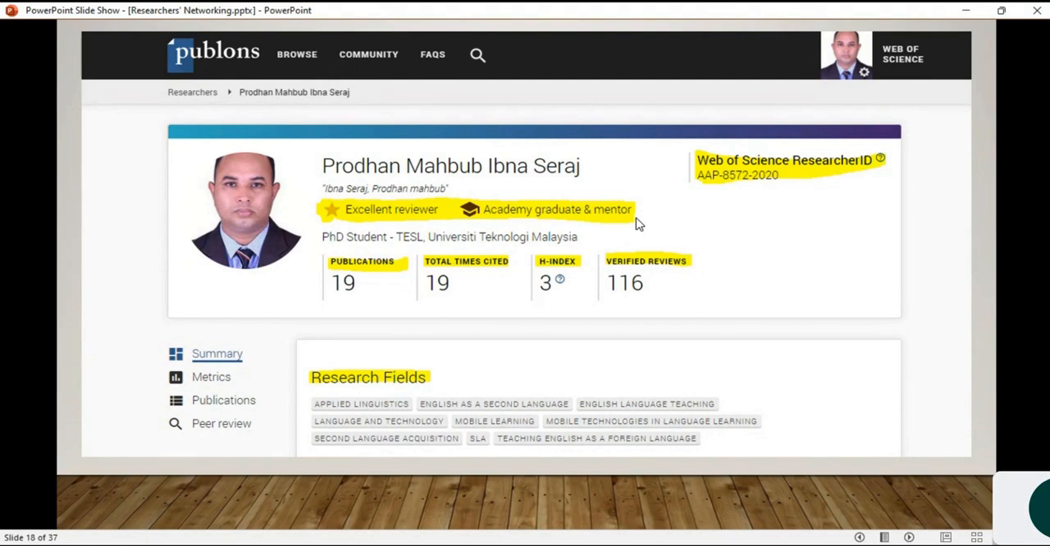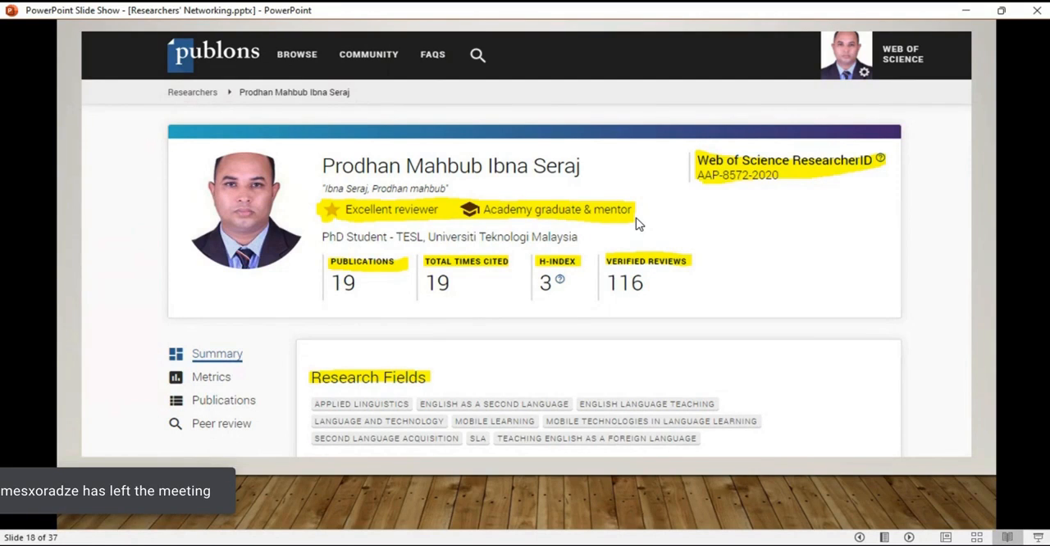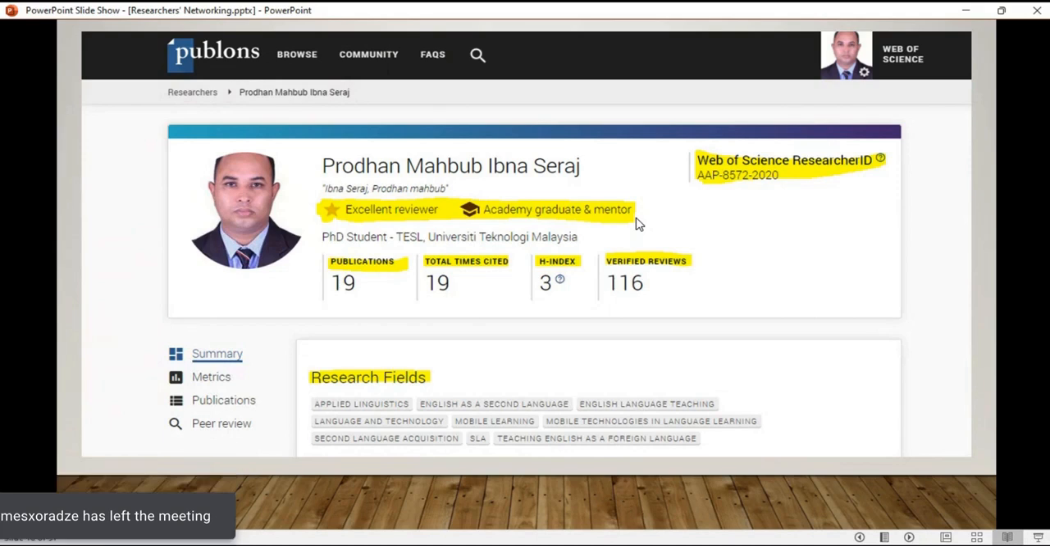Then I have completed their course, their free course. I will show you. They usually offer a free course. Course one is reviewing, how you can review a manuscript. They will give you 10 modules of peer review training. And after this, one mentor will evaluate your work, and then they will certify you as an academy graduate. And if you supervise other people, then you will be recognized as a mentor. So everything is